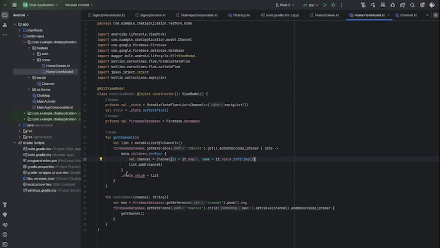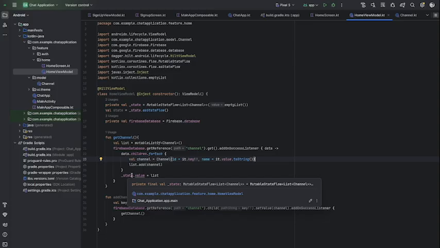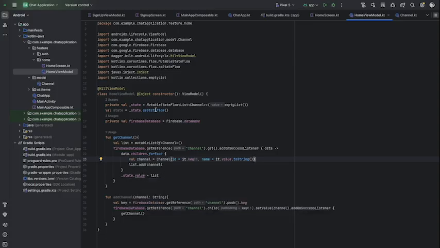Then we update the state. In the mutable state flow, the value should be this. So each time it fetches a new record, this should be updated. I think with this we are basically done with our business logic